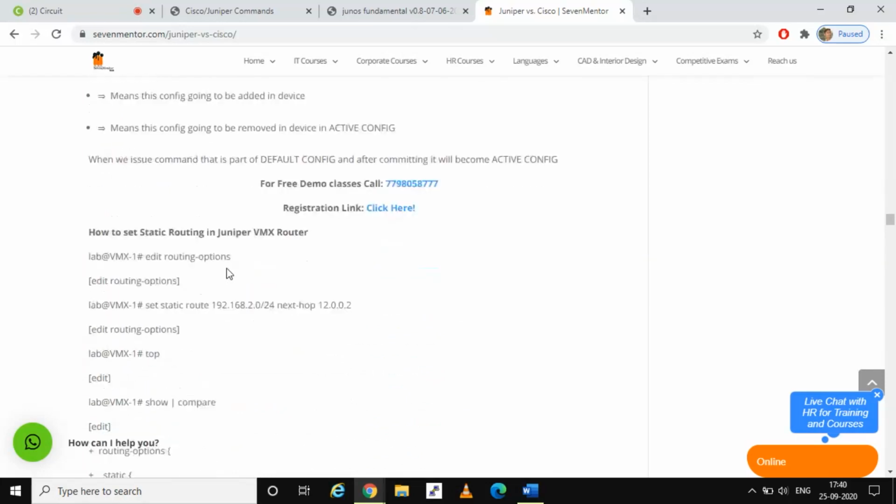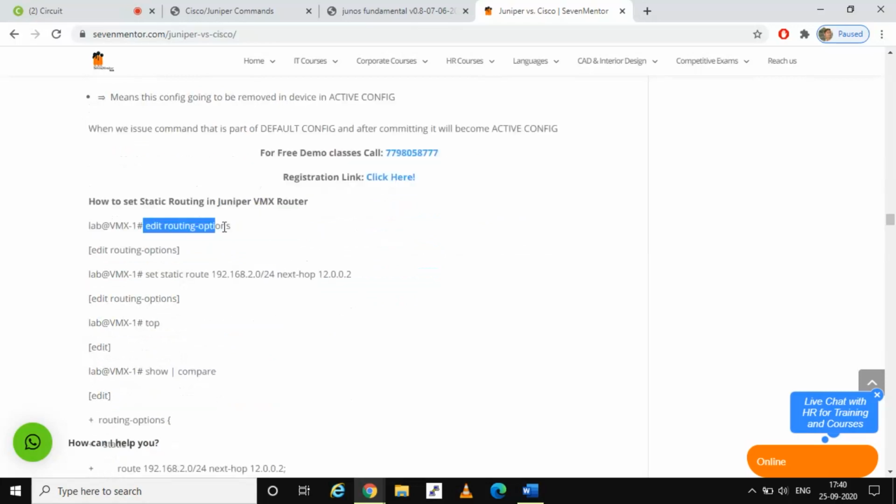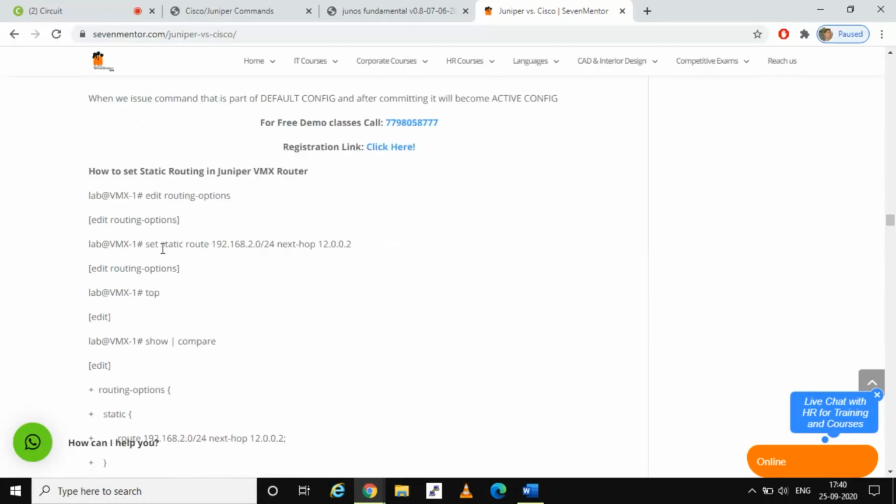And now we have to configure the static routing on the Juniper VMX router side. There is the command edit routing-options, which takes you directly to the routing side, and then we can set the static route to the other side, the Department of HR network, that is 2.0.0.0/24, with the next hop 12.0.0.2.